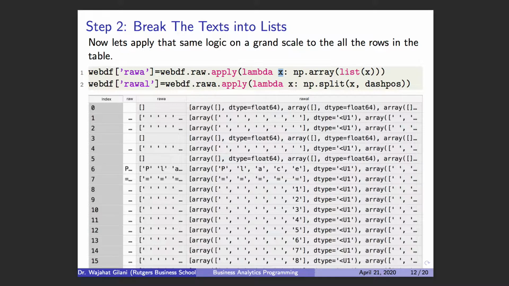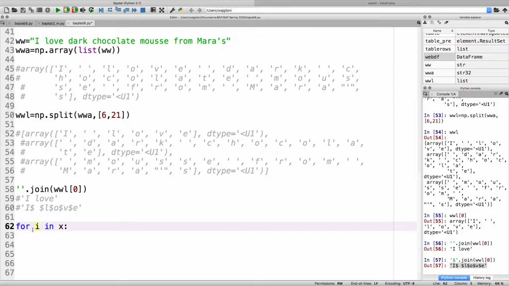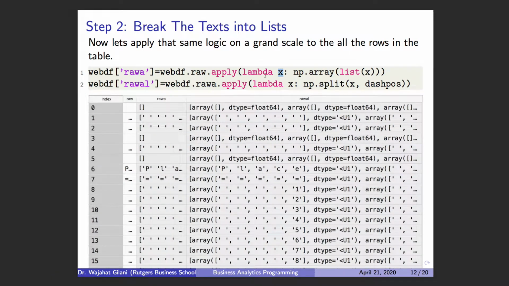I could use anything I want. I can use i if I want. Where I had my for loop, I don't have to use i, I can use waj as a variable. That's fine. The same thing with lambda over here. It doesn't have to be x. It could be lambda waj. It does not matter. All that matters is that the keyword lambda is declaring this as our for loop iterator